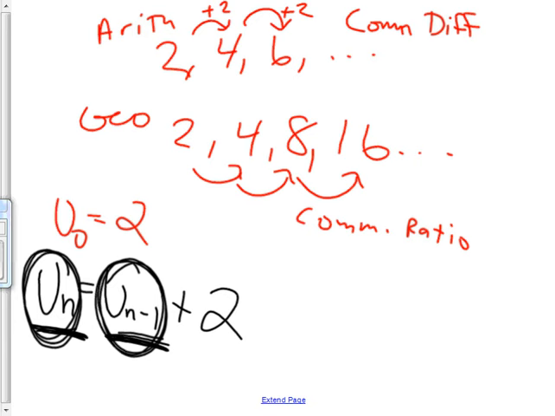What if I wanted to make it the geometric one? I just simply change it to what? Times 2. And what is this 2 if I just am multiplying by it? It's called the what? Common ratio. That number is the common ratio. Okay, now that's a formula that you could put into your calculator,